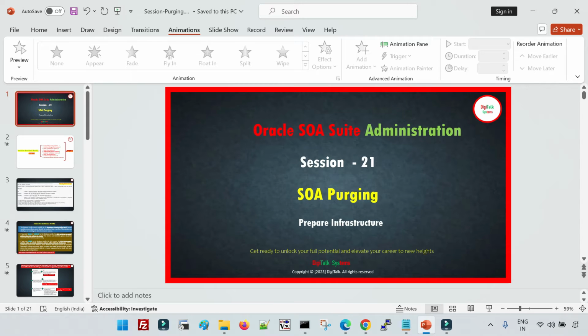For purging, we have two options. You can schedule it from the graphical user interface, that is the EM console or Fusion Middleware Control console, or there are scripts provided by Oracle which are bundled with the SOA Suite. You can use that purging script as well, depending on the kind of requirement you have. Okay, so now if we talk about